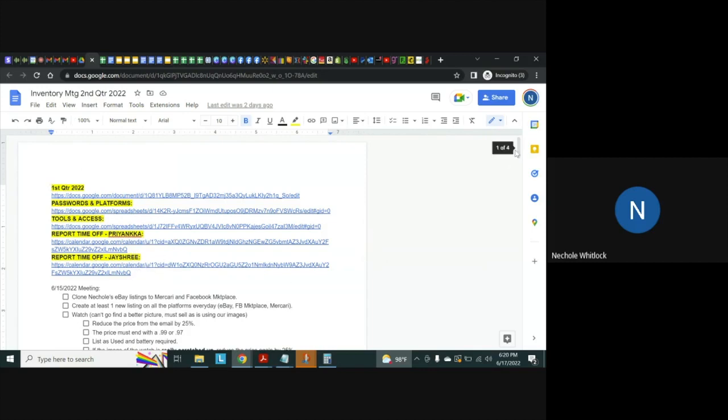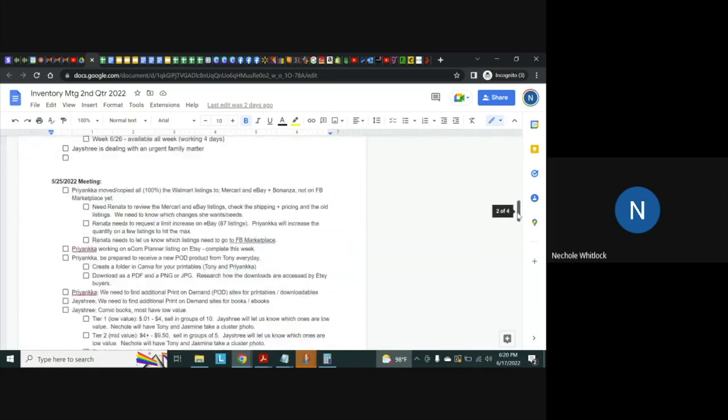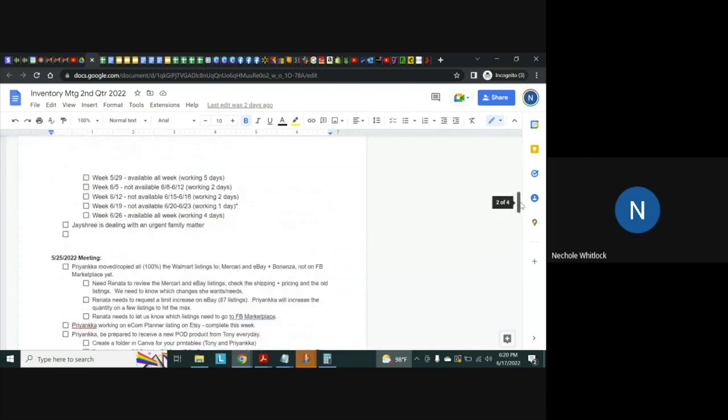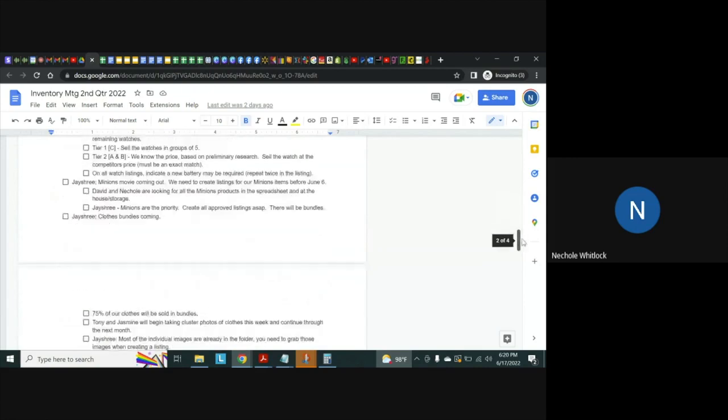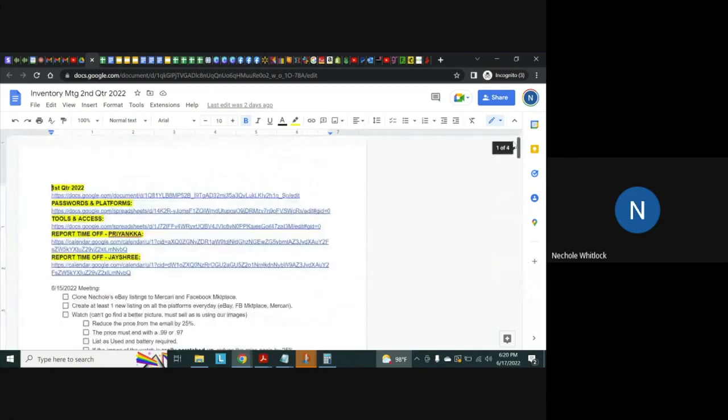And then we go through the listings of the stuff that they're working on and what kind of problems they were running into. If my VAs are going to be out, like Priyanka is out because she's doing finals. They both live in India, so she's doing finals. So we have all of these lovely notes about all of my inventory and what's supposed to go where and how things are supposed to be listed and so on. So